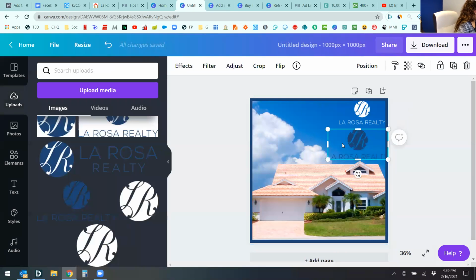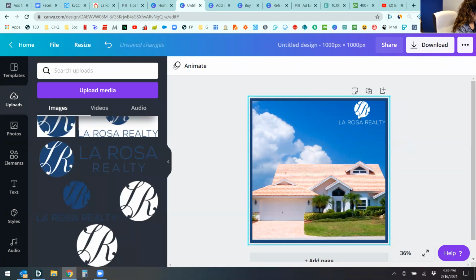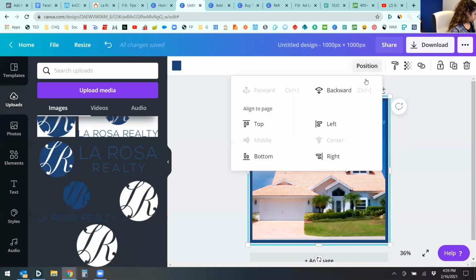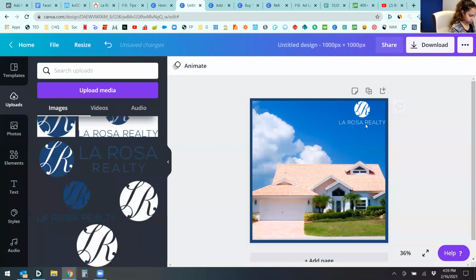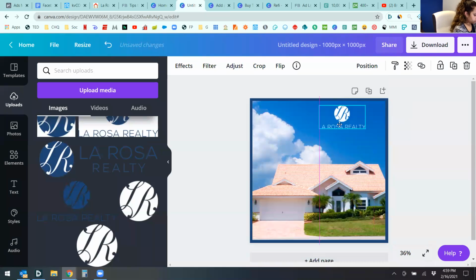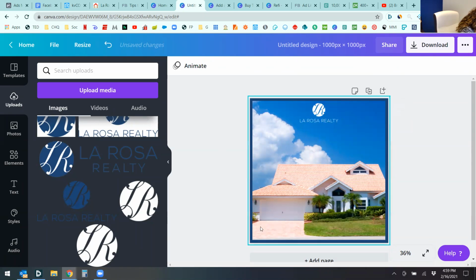I'm going to cut that off there. And then I'm going to have to change the position going backwards. So now this is on top of that. And now I can play with my logo a little bit more. Maybe I'll change the size. Yeah, I'm just spitballing here with this, you know. But now,